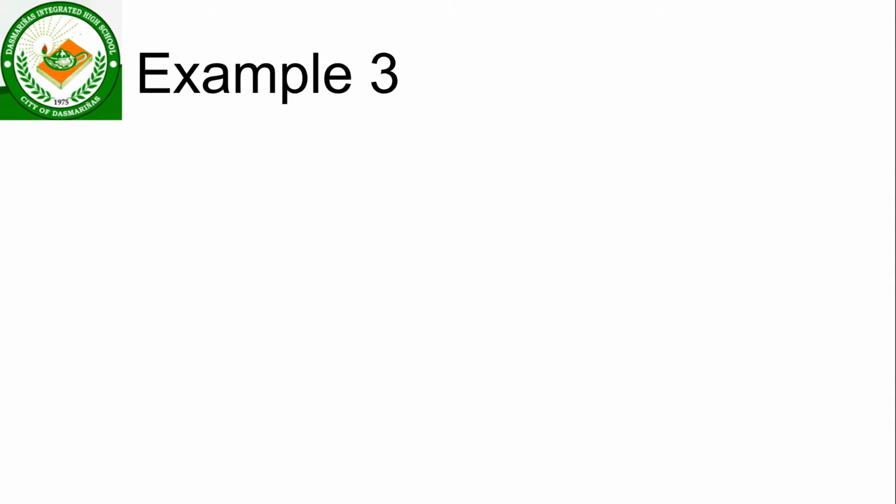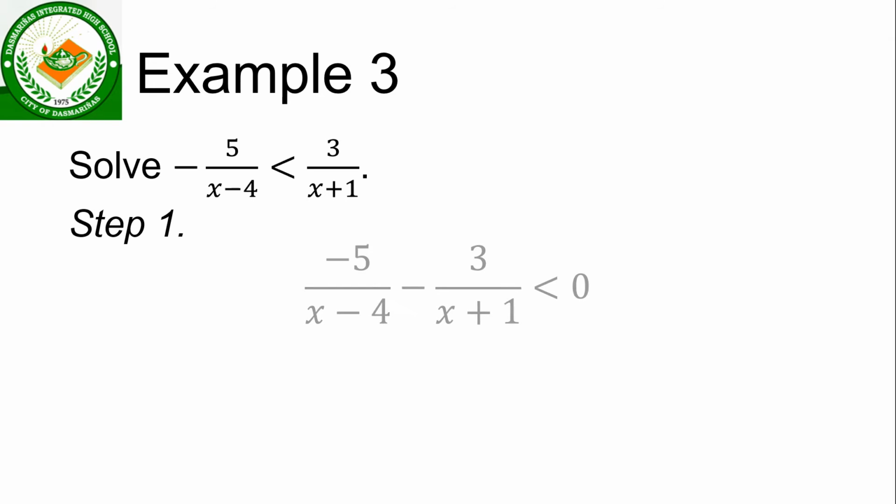So for the next one, we have an example. Let us try to solve and apply what we have seen in the steps. Okay, let us follow the steps. How are we going to solve for this? Step 1. Isolate the 0, or let us put all rational expressions on the same side. I just transpose, or I just use the addition property of inequality here. So subtract both sides by 3 over x plus 1. After doing so,